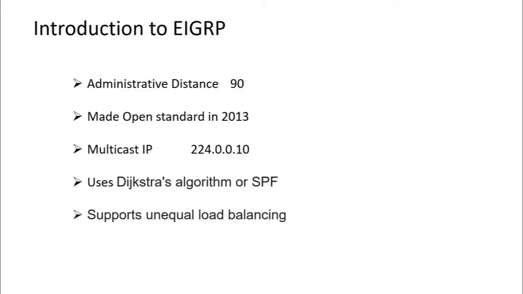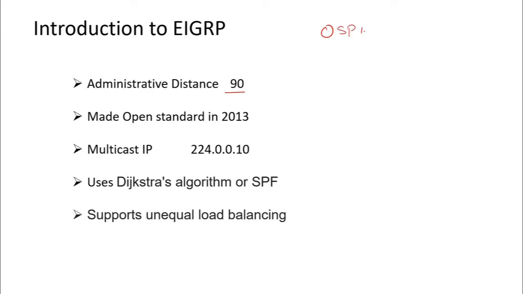Okay. The first thing that is very important is that the administrative distance for EIGRP is 90, right? And if you talk about OSPF and others, that is higher for OSPF, and we have RIP as well, right?